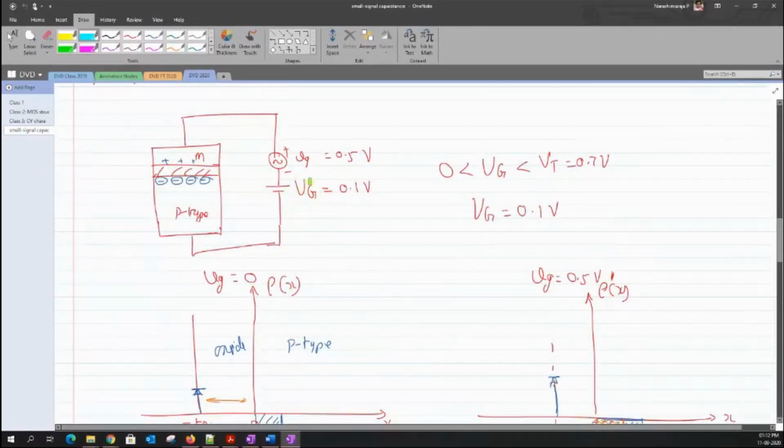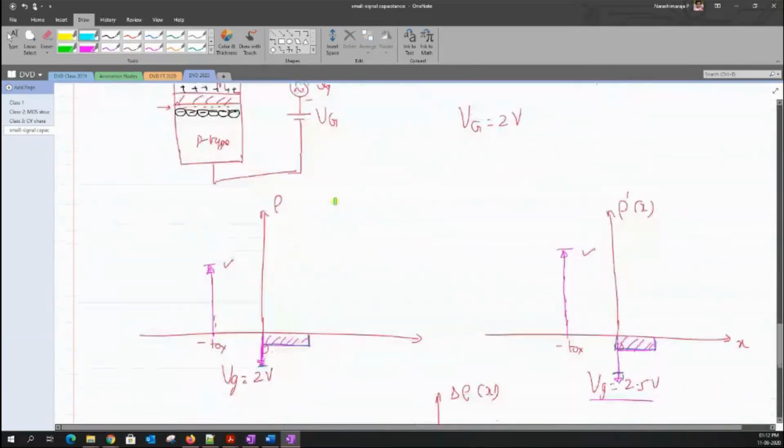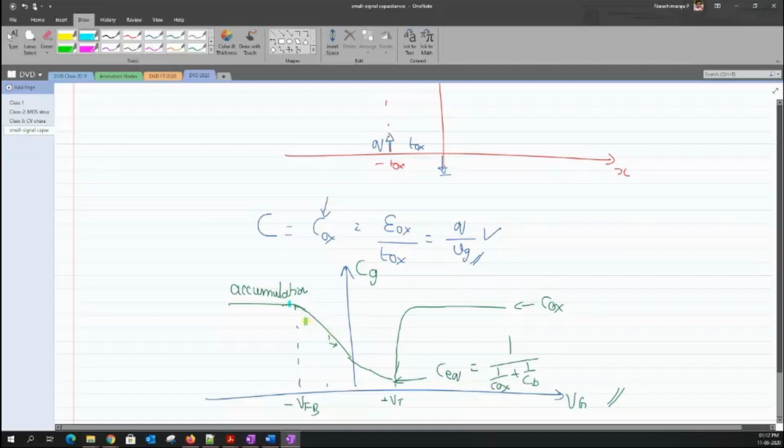The gate voltage, in the sense of the DC voltage that I apply. When I put this graph in terms of large signal analysis, VG keeps changing, and the depletion width x1 actually expands throughout this entire segment. Clear? Then it finally reaches a particular point, which is the minimum capacitance value. After this, once I cross a VG greater than the threshold voltage, you could see a sharp increase in the gate capacitance.